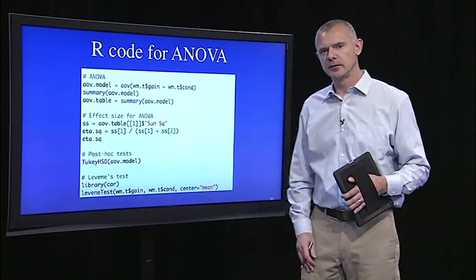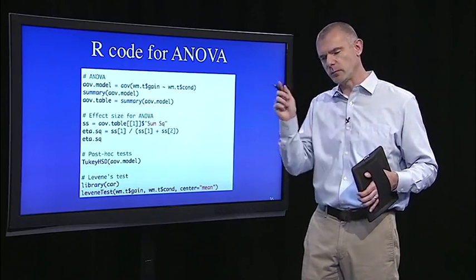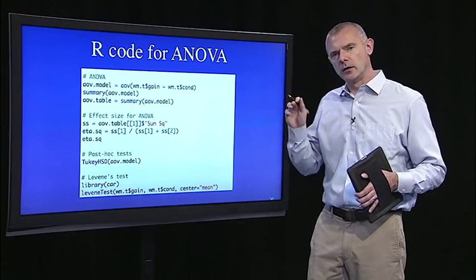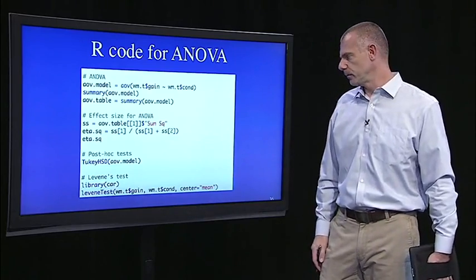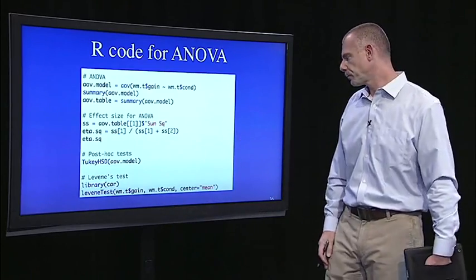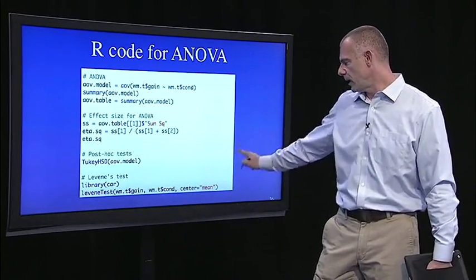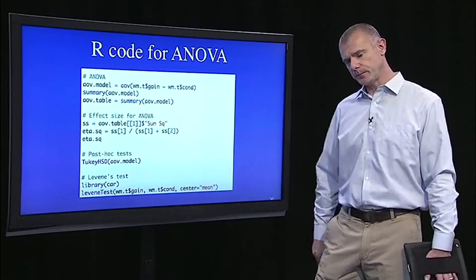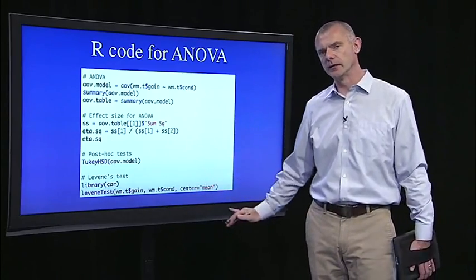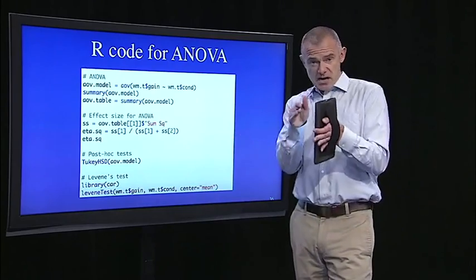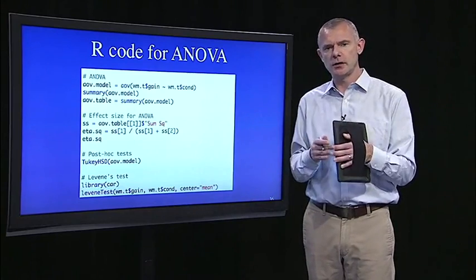So again, you're going to have to do install.packages, open paren, open quotes, car, close quotes, close paren, and choose your CRAN, and download the car package, and use library(car) to load it. There's the function leveneTest, and it's just the dv, the iv, and I use this argument center equals mean because it turns out that the default in R for the Levene test, at least in the car package, is it uses the median in a condition,